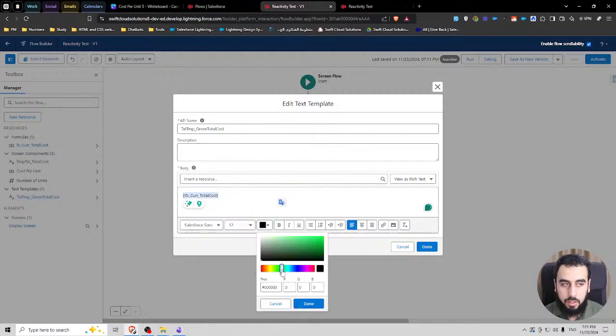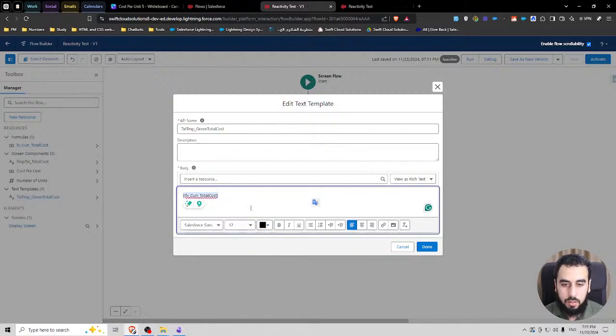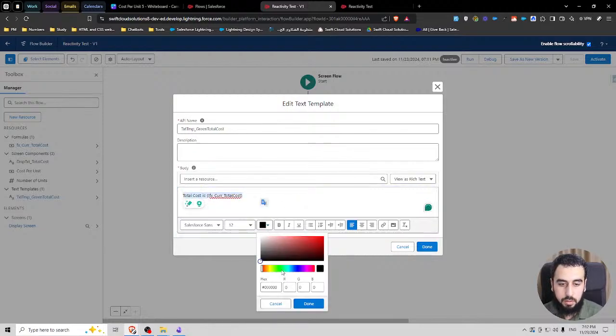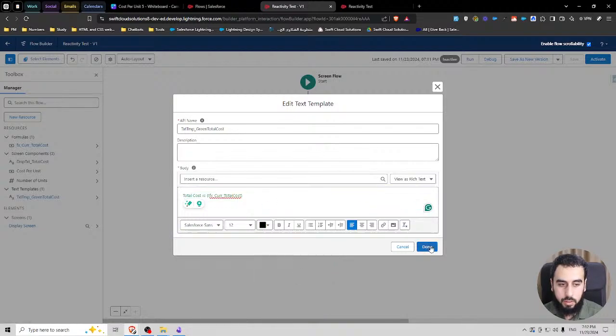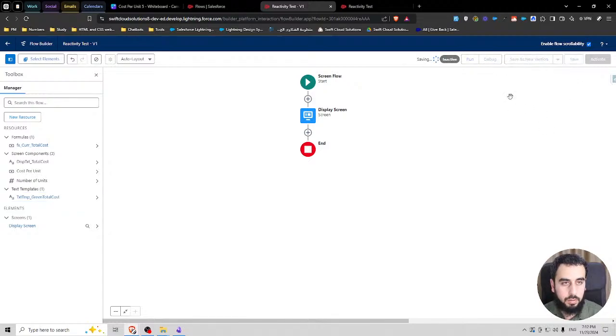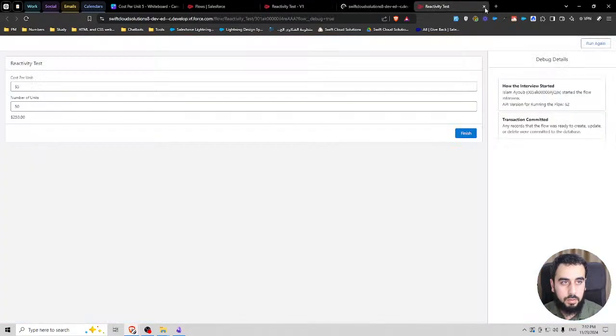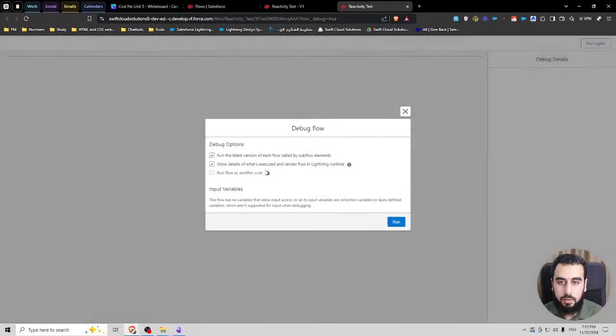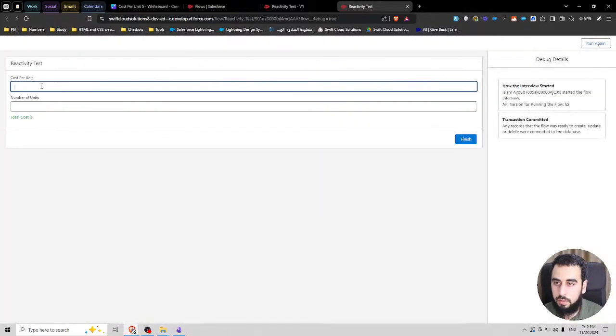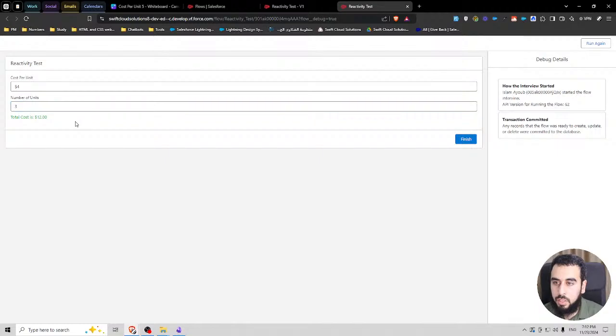Did I not save? Let's add total cost is, and let's run it again. 4, 3. Okay, so it is currently green.